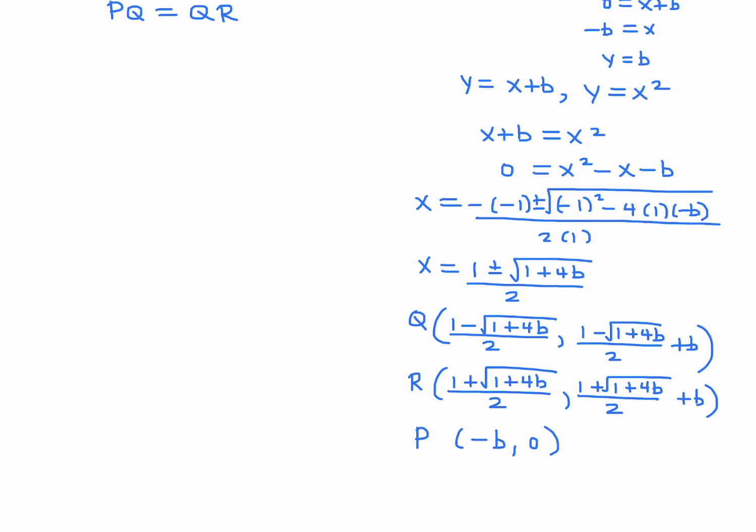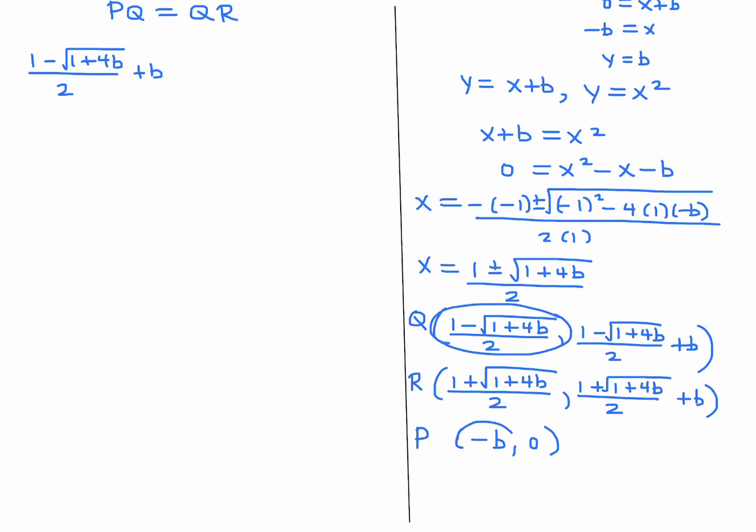P to Q will be 1 minus 1 plus 4b all under the square root all over 2 plus b, right? Because it's P to Q. So it's this minus that. That's why it became a plus, because it's subtracting negative b. All squared